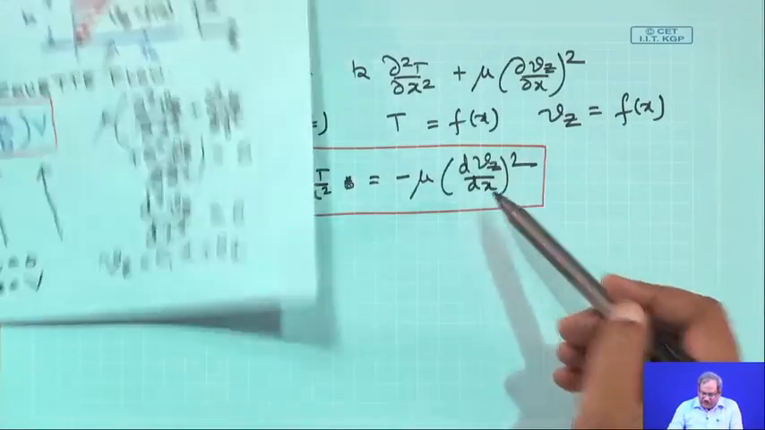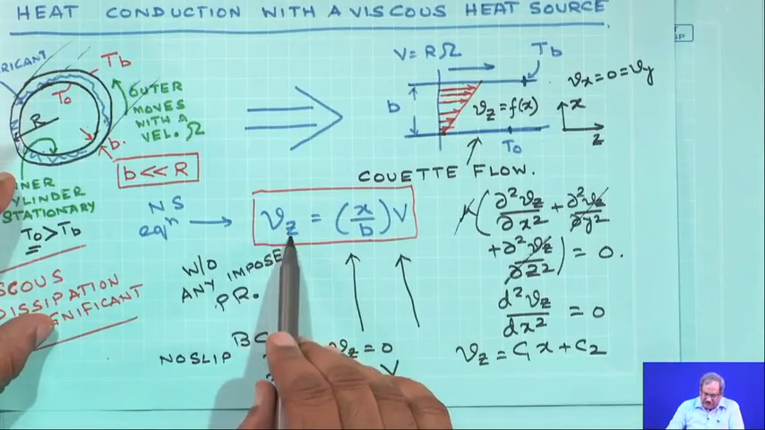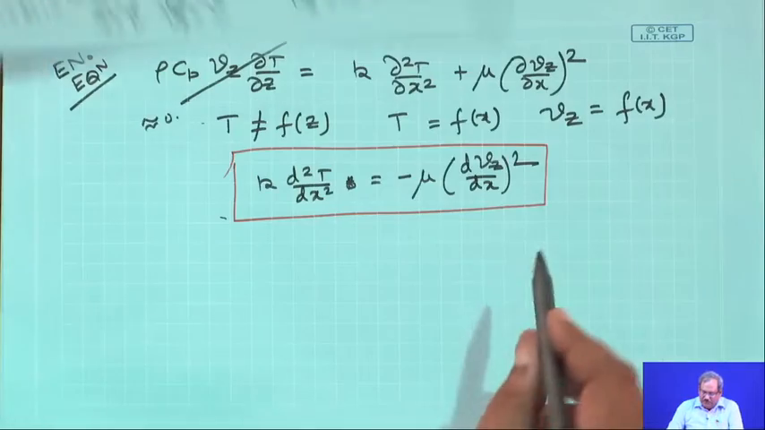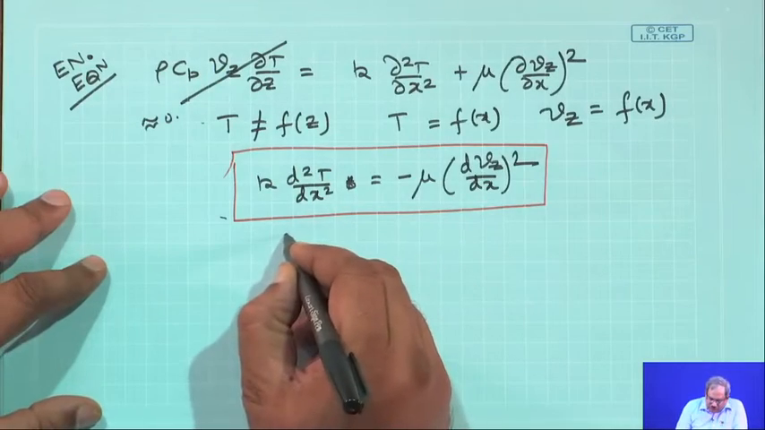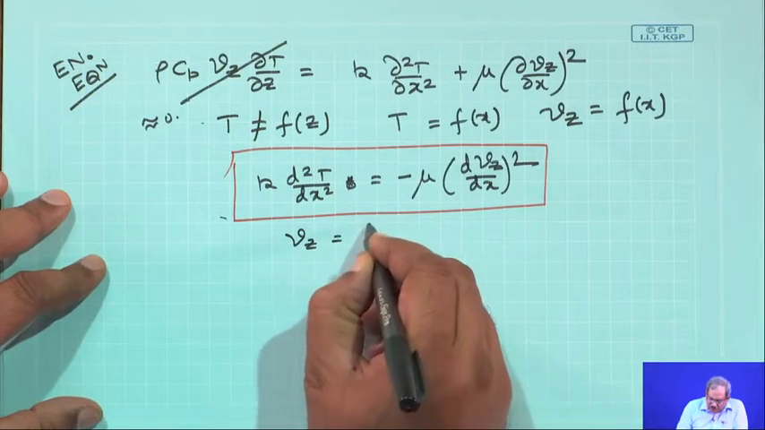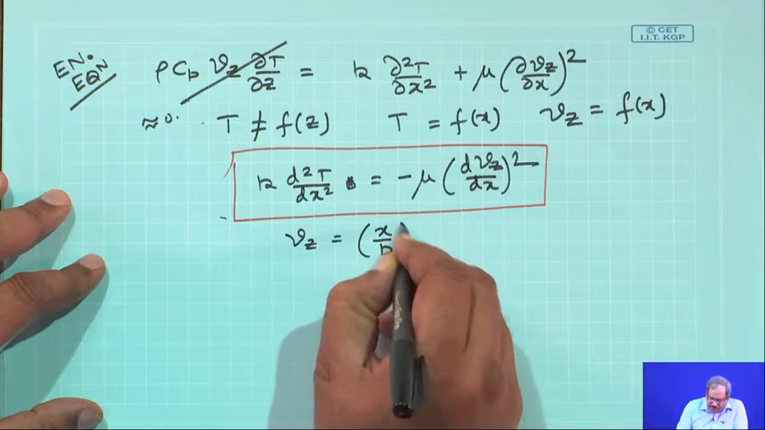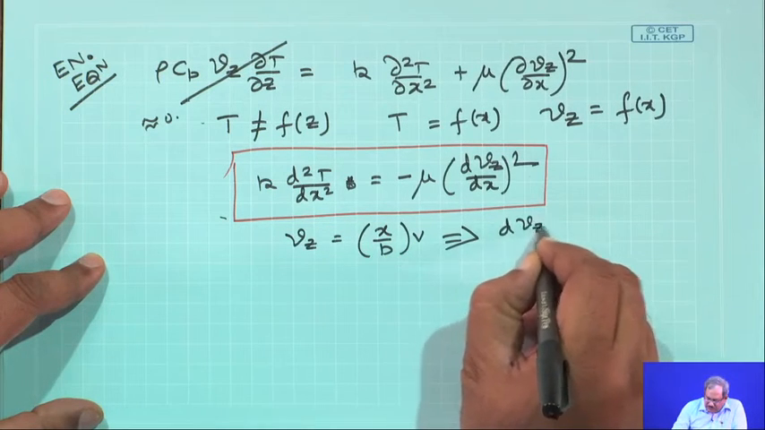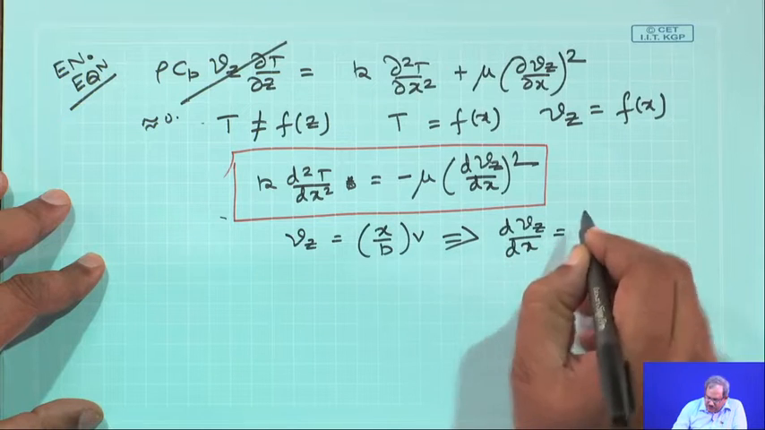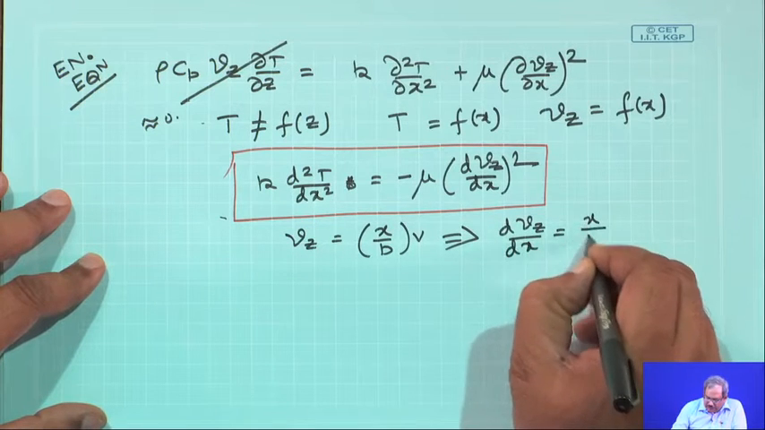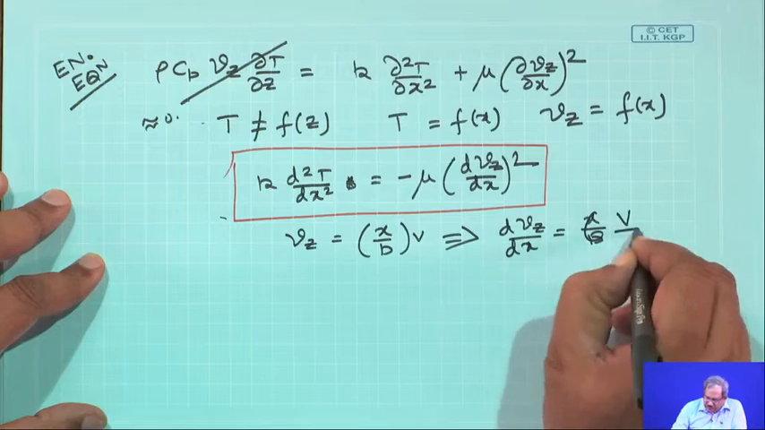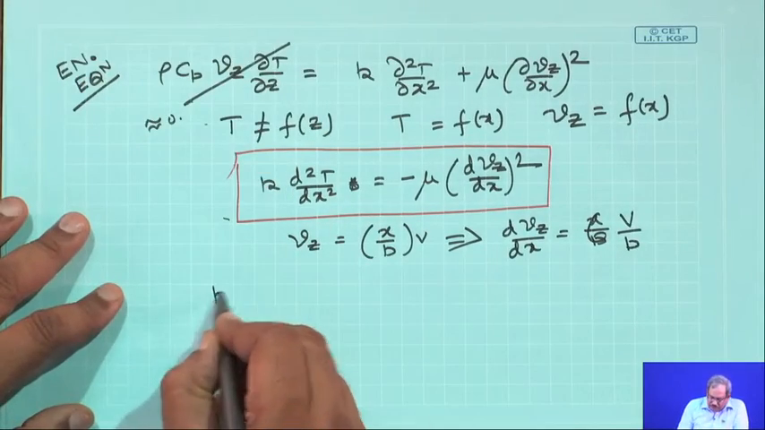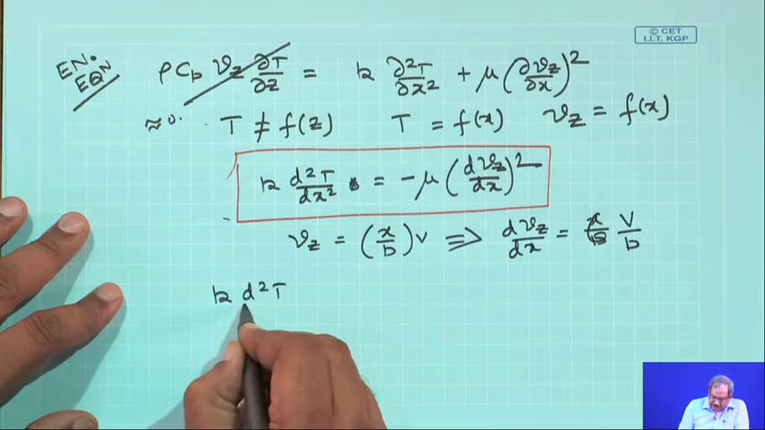What is dVz dx? My Vz is this. So, my dVz dx is simply V by B. Since Vz is equal to x by B times V, this would give me dVz by dx to be equal to V by B. So, therefore, my equation becomes further simplified,